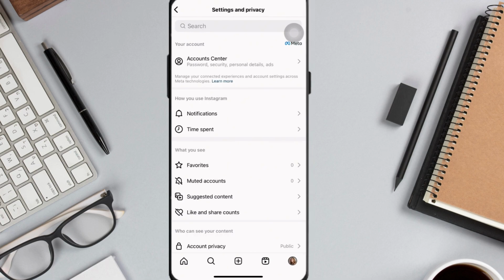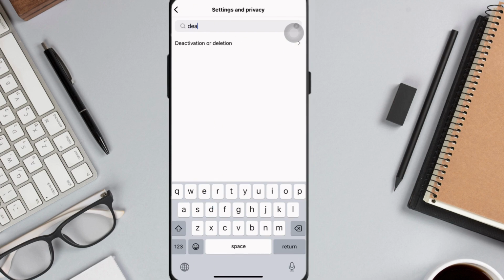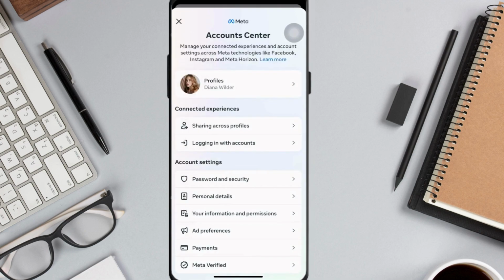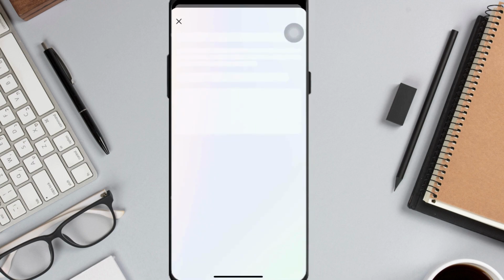Now, in the search bar, you can type DEAC or DEA, which will lead you to a single option, which is this one, and just select it. And then in this page, select your Instagram account, which is the second one for me, and it will lead